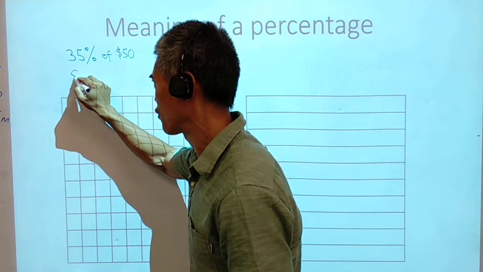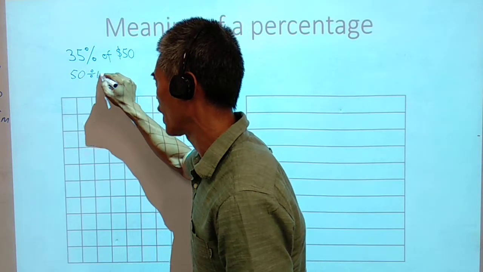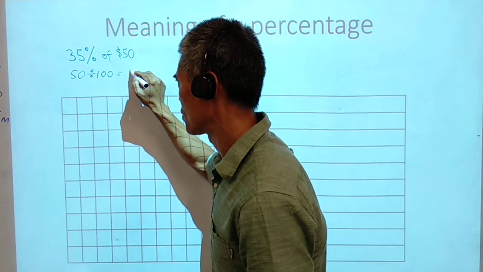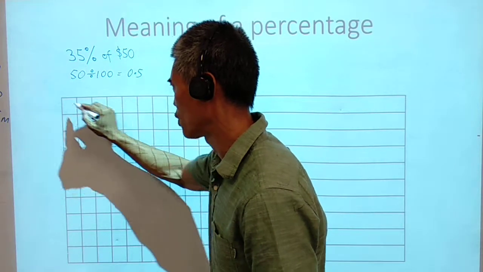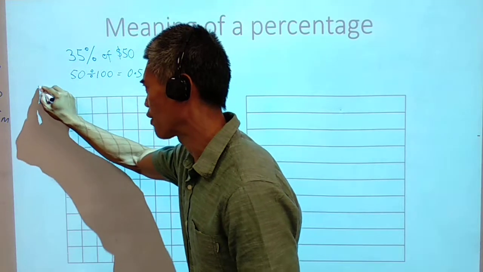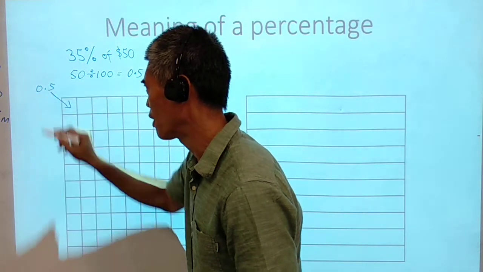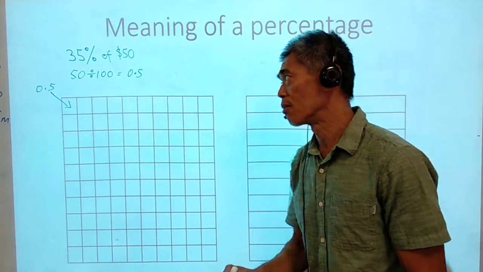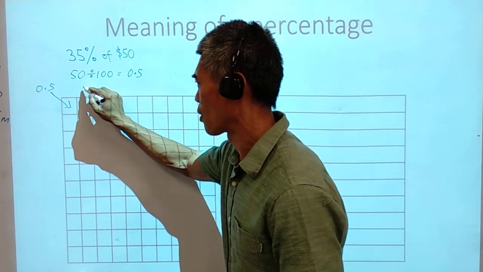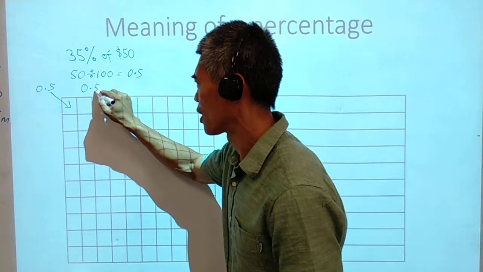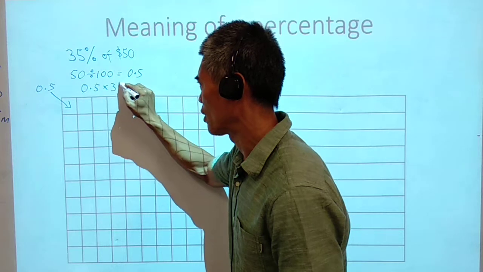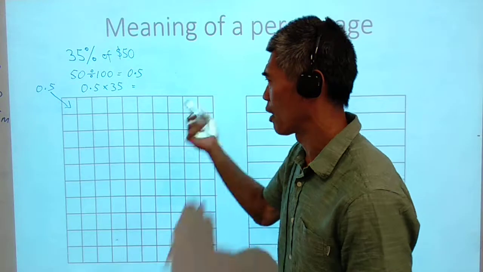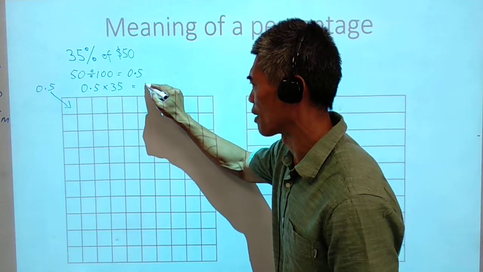So we have 50 divided by 100, giving us 0.5 in each square. So 0.5 goes into each square over here. And then what we want to do is to multiply 0.5 by 35. So 0.5 times 35 gives you half of 35, which some of you know to be $17.5